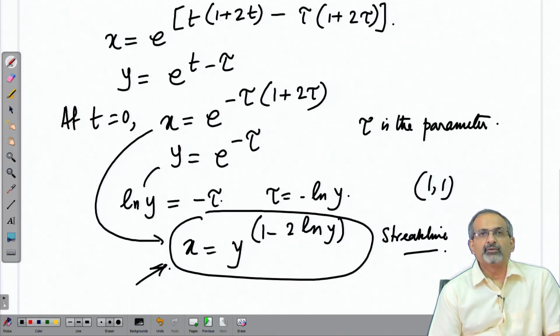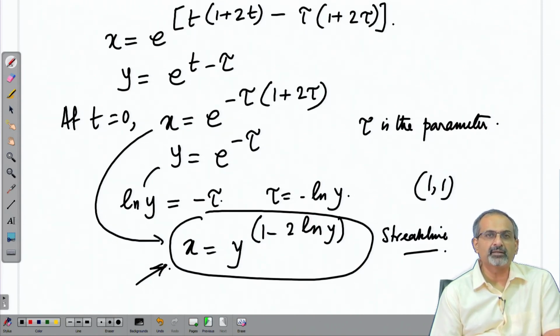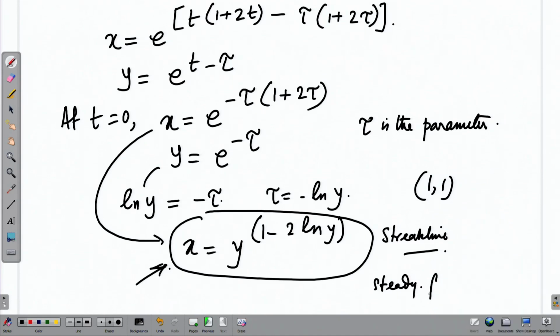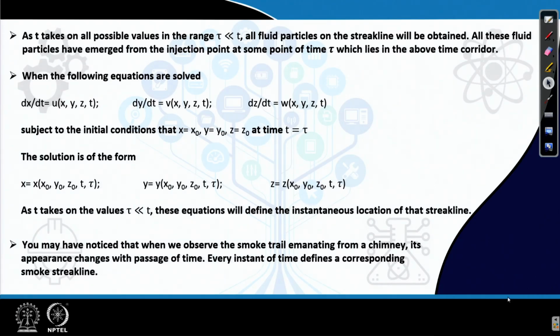So, we saw that when you have an unsteady flow field, the functional representations of the streamline, path line and streak line vary from each other. At home, you can try out another flow field where you just have a steady flow, that means no time dependence, and then check for yourself whether the streamline, path line and streak line equations match with each other or not. With this, we end the discussion on particle trajectories. We will go to the next topic.